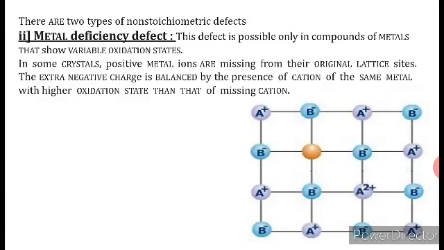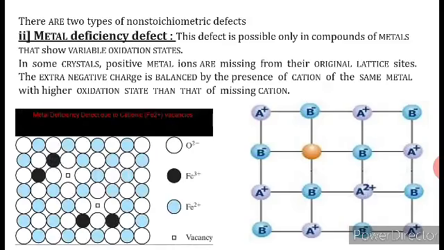Ferrous ion, ferric ion. There are so many transition metal elements which show more than one variable oxidation state. Another example we are taking is ferric oxide, an oxide of iron. Here you can see the regular ion which is participating in the formation of FeO is